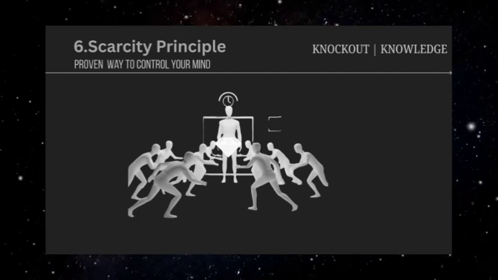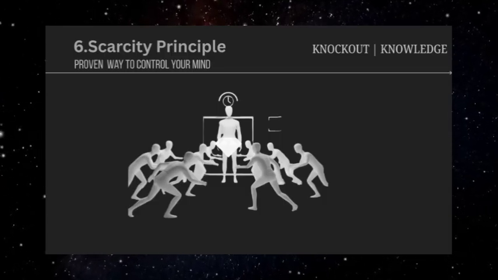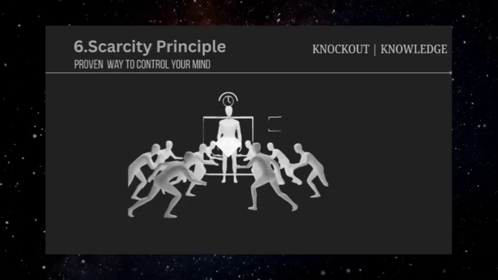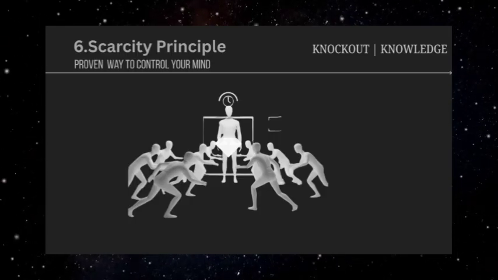The name comes from door-to-door salespeople who knew that getting someone to open the door, even slightly, dramatically increased their chances of making a sale. Once that initial barrier is crossed, each subsequent request becomes easier to accept.